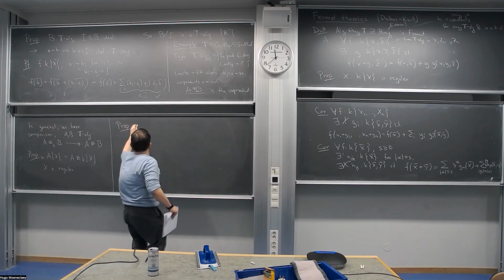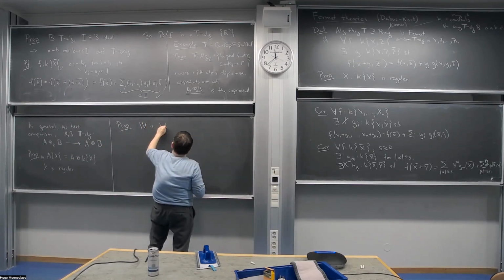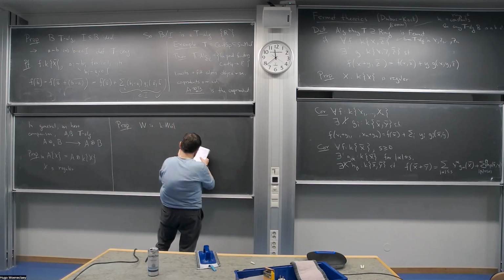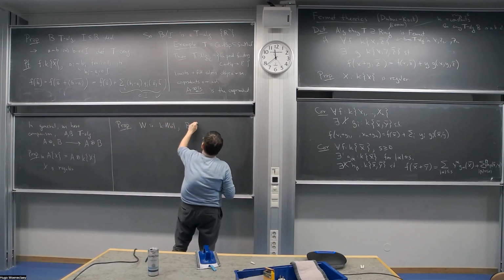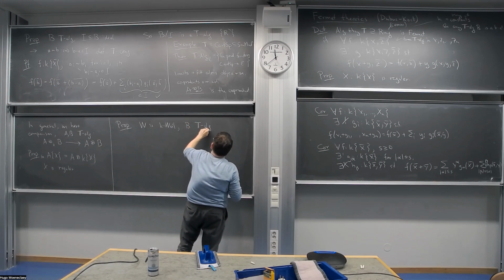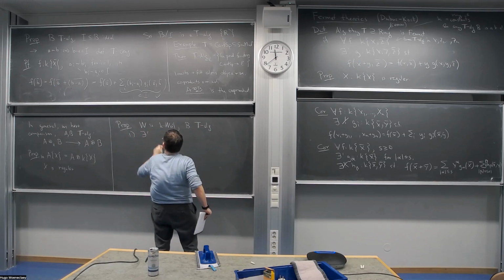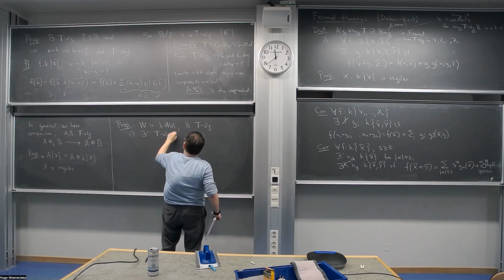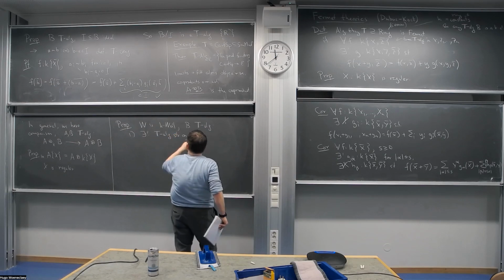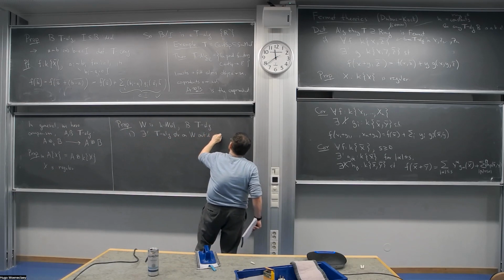So if W is a K-algebra, and B is a T-algebra, then there's a unique T-algebra structure on W extending the K-algebra structure,